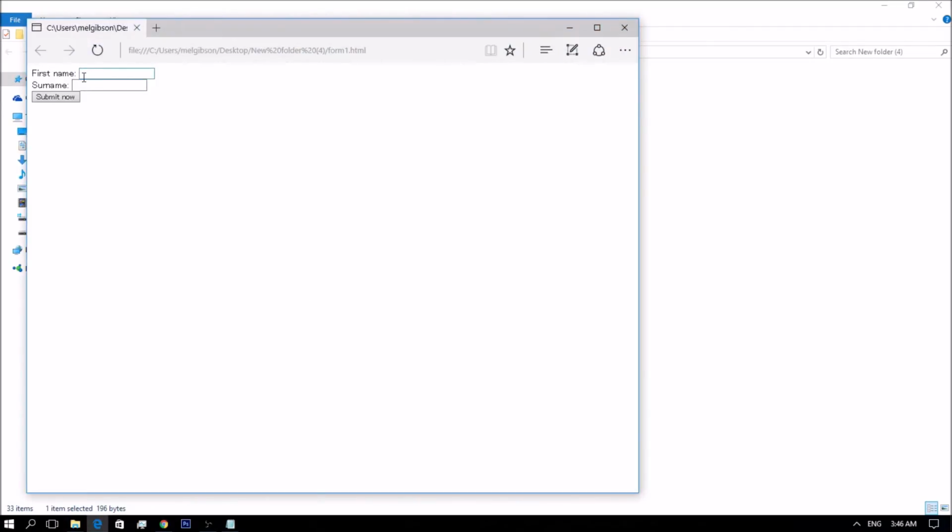So the form is essential if you want to know anything about your user. For example, have them send you a mail, store information about them in your database, and so forth. So how does an HTML form work? So a web form consists of two parts, the HTML front end and the back end form processor.